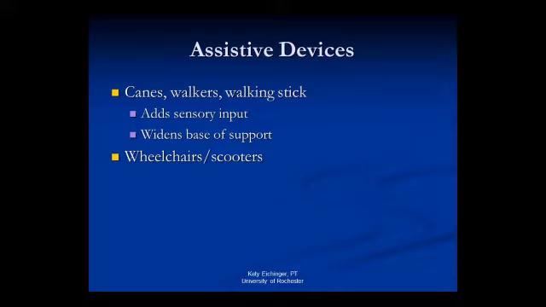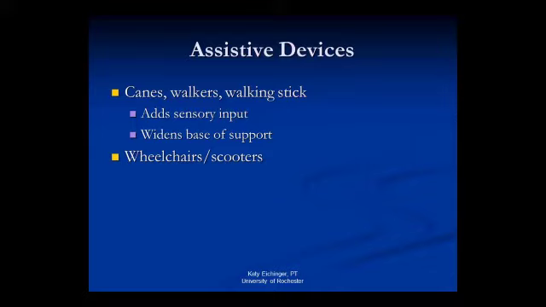So when to use these things? Because I think that's a question that I address very commonly in clinic. Well, I don't need it around my house, or I don't want to start using it. I really say that it may not be something that you need all the time, but with the motor and sensory involvement that occurs with CMT, I often think that walking becomes a very cognitive task. It's a task that you have to be thinking about every step you take. You have to be aware of the surfaces that you're walking on, and you're constantly using your cognition to override and to think about your movement.